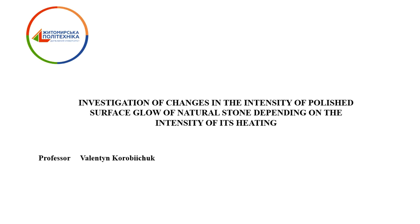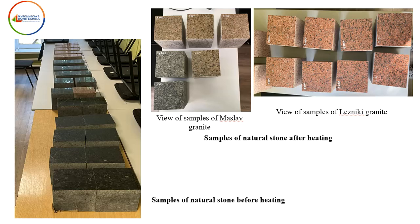Today, natural facing decorative stone is a fairly high quality and durable natural building material, which is widely used as a decorative material in the decoration of many buildings and structures. Therefore, in addition to physical and mechanical indicators, its aesthetic and decorative characteristics are important when choosing the place of its use. Therefore, the purpose of this study is to establish the main dependencies characterizing the change in the intensity